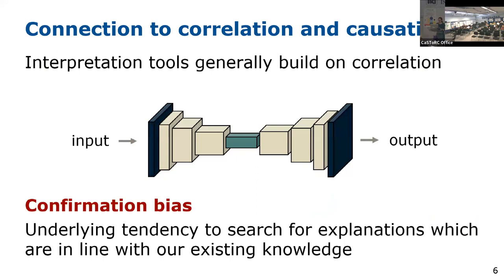And so when we connect this now to explainable machine learning, we will realize that interpretation tools generally build on correlation, because these